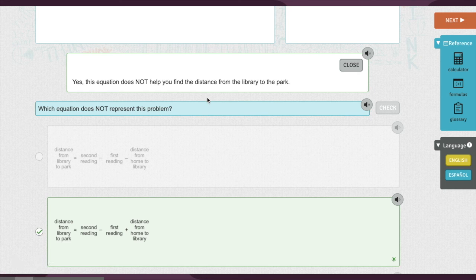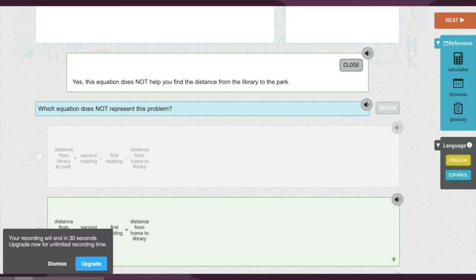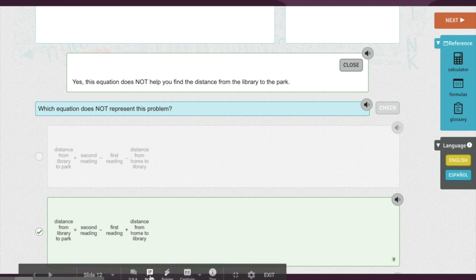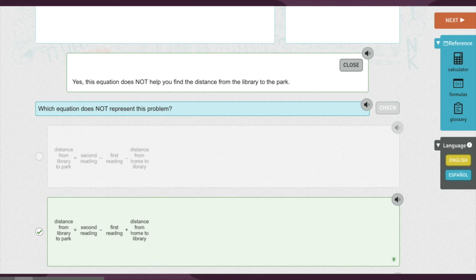And what are you doing in this section? All you have to do is choose the equation that does not represent the problem or the equation that you did. This is a section where you really, really need to know how you solved that problem in order to